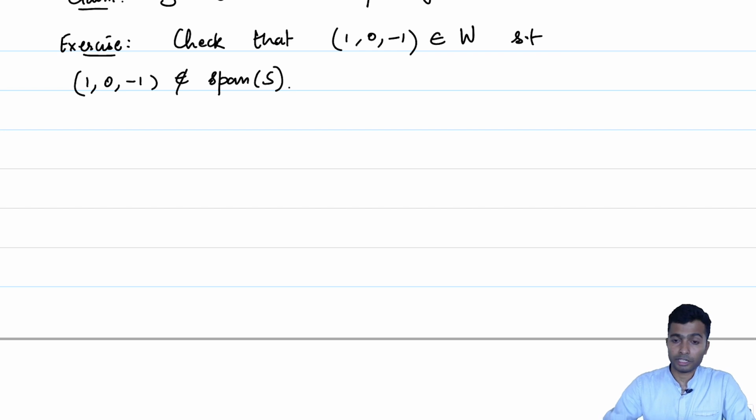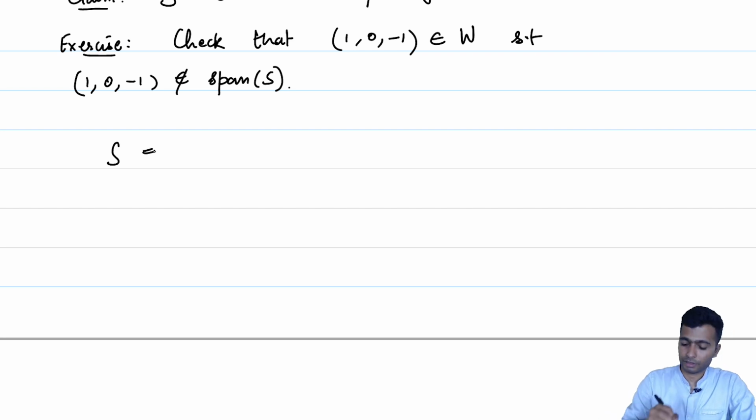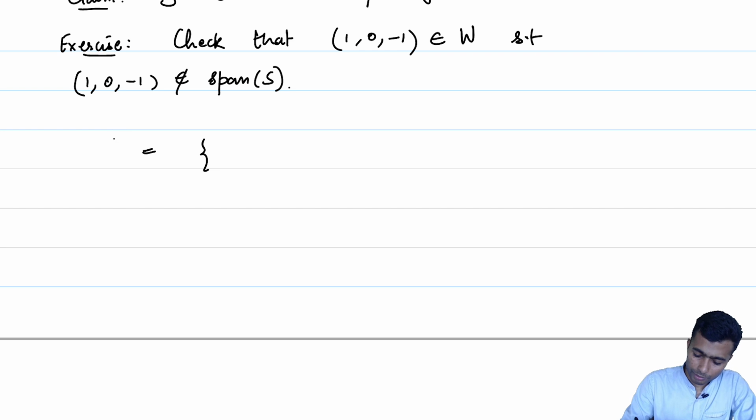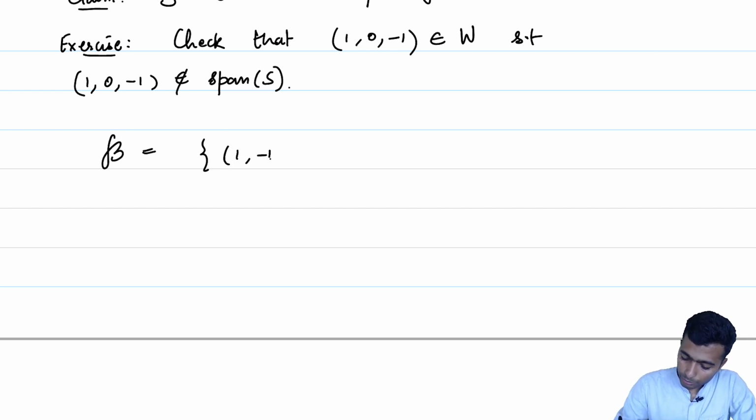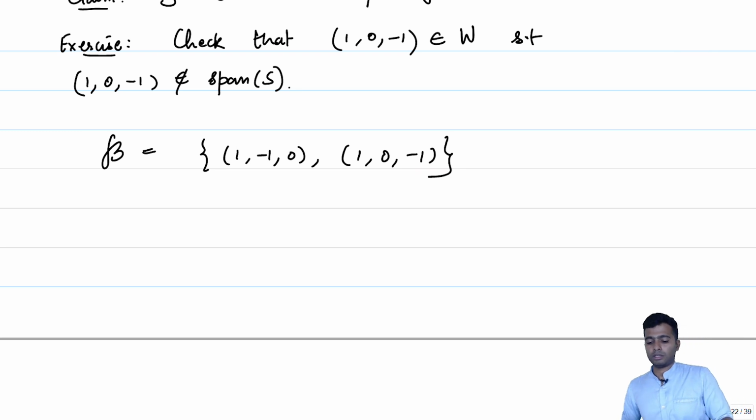Okay, but let us not lose hope. We obtained one vector, 1, 0, minus 1, which is not in the span of the previous set. So, let us do one thing: let us append this vector and call our set, maybe S was already used, let me call it B. I am writing B, so you should get the clue here. Let us just put the two vectors and ask the same question.